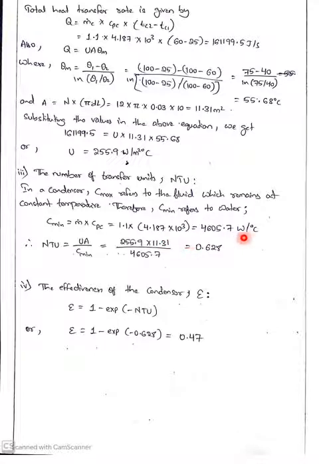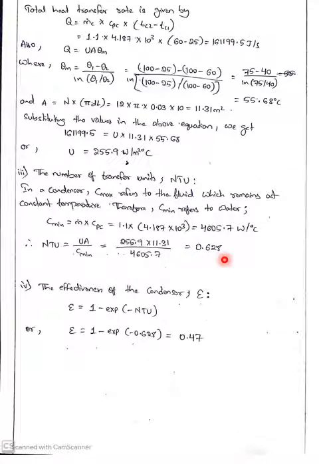Okay. So once you get the value of C minimum, substitute it back in this NTU formula, which you will get from the data handbook. You can directly go to the data handbook. I am not mentioning the page number here, because different editions have different page numbers. If you go to the heat exchangers topic, the formulas are listed in a sequential manner, so you can directly take it from there. So UA by C minimum. If you substitute the values here, you will get the NTU.